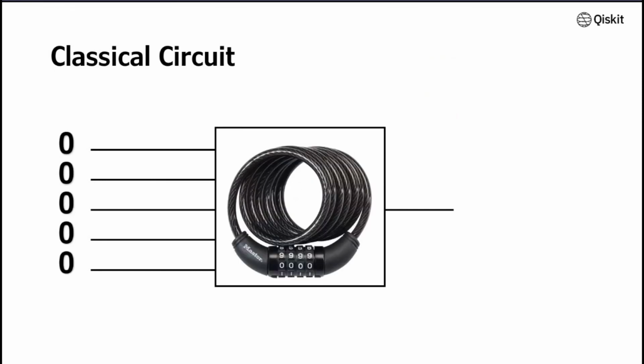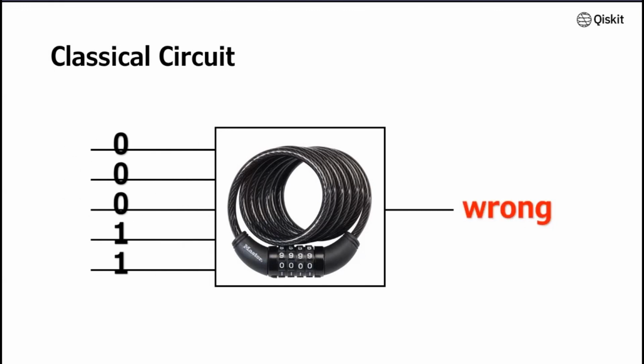Let's say a simple example. Let's say I want to find the password of a bike lock. Of course, there's a better algorithm to find it, but let's just take the simplest classical computer example. In order to find the password of the bike lock, we need to try all the combinations one by one. So check this one, check that one, and we try all the combinations until we find the correct lock.